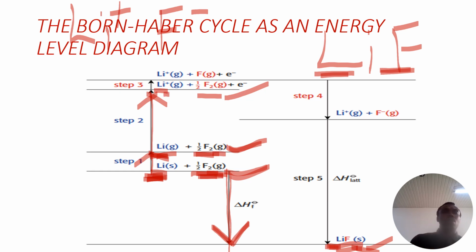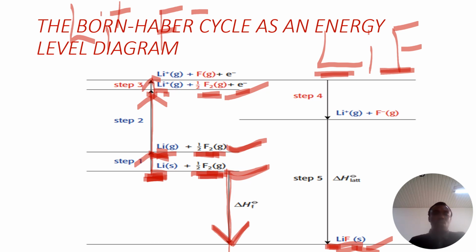The charge is +1 minus 1, which is 0, and the charge here is also 0. So the atoms and the charges are balanced. Then the third stage was an endothermic process also, which is the enthalpy of atomization of